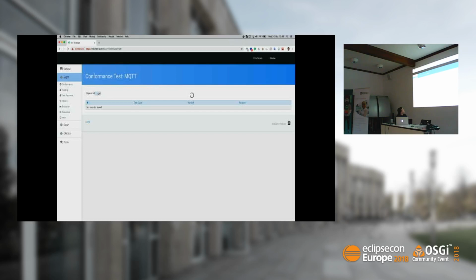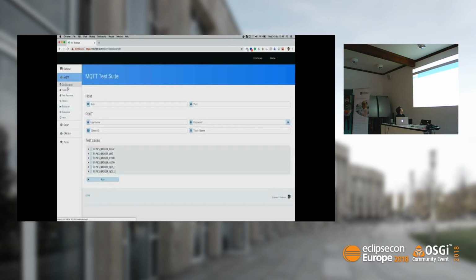Okay, no internet. Okay, so here we see we have no internet, and I tried to test the public Eclipse broker, but that shouldn't be a problem because I have Mosquitto also running locally, so we could try to run the test case against this one.